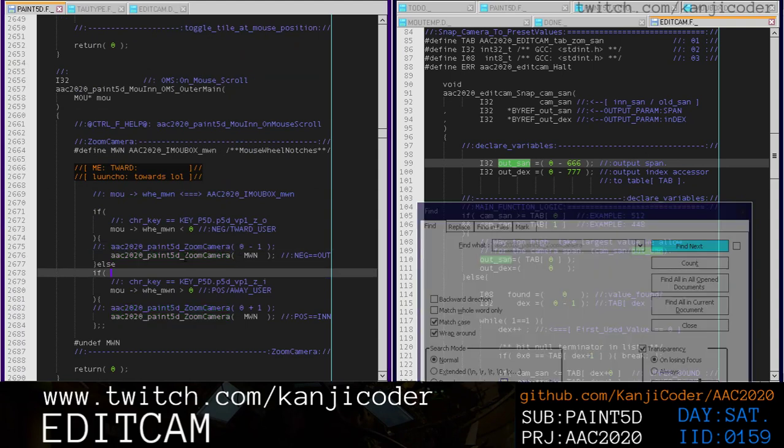So we're going to take this value, and we actually want to make this value that we're looking at, this mouse wheel amount,